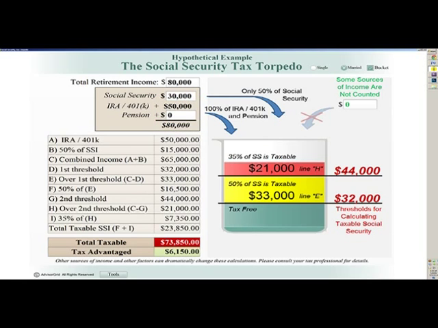These IRA withdrawals are not only 100% taxable, but 100% of the amount is also added to the bucket, the combined income, which increases the taxable portion of the smaller Social Security benefit. The combination of these two tax hits means that of the total $80,000 of income, $73,850 is taxable. That is over $14,000 more taxable income than would be the case if the Social Security benefit